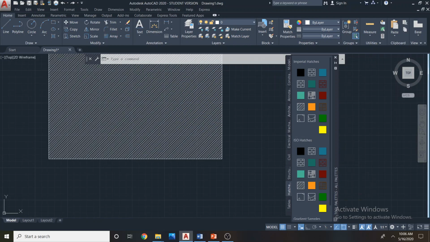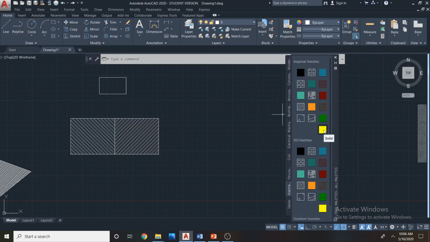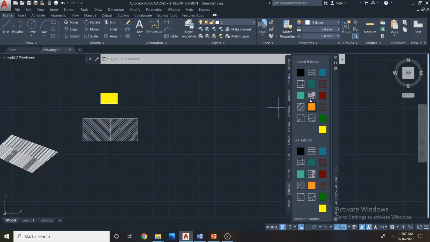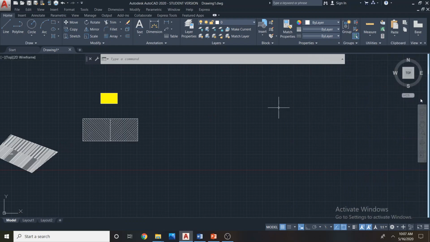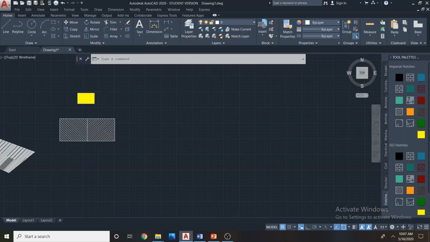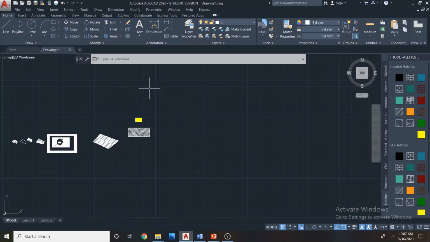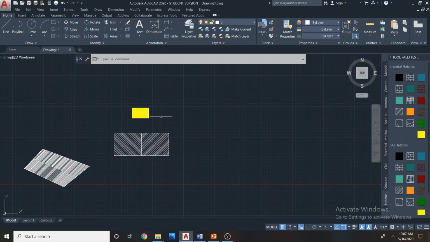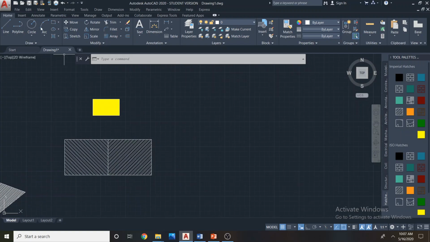So I will do it again. If you want to have a solid color, just drag and drop the color hatch. It will color the entire boundary. So this is really a quick way of doing it. If you want to permanently dock it, just come here and dock this tool here. So it's available here. Color tools are available, so it may be faster when you work in AutoCAD. Now we look at the gradient tool.